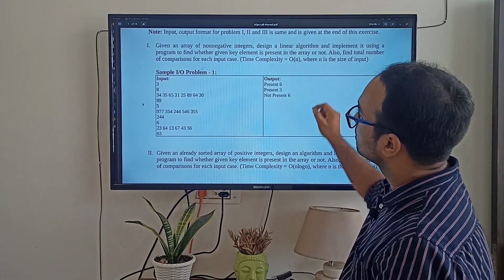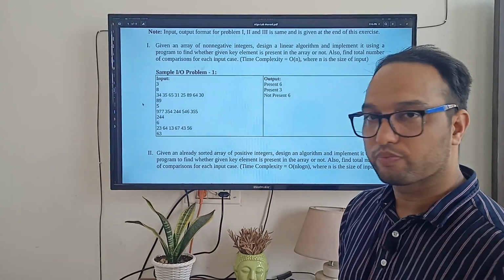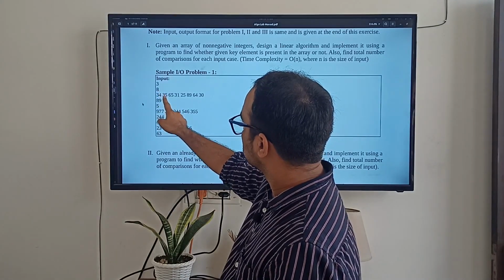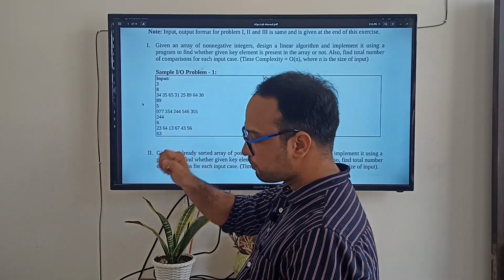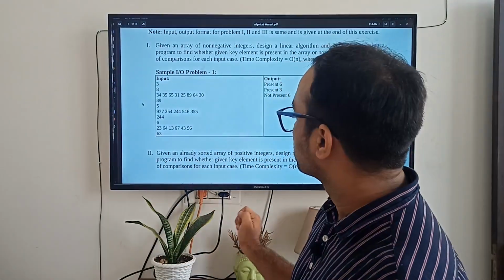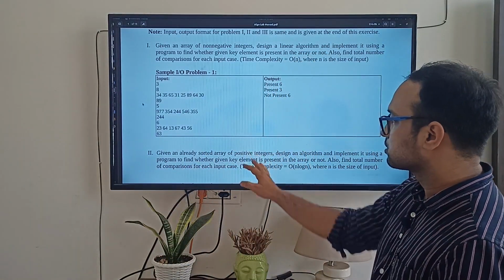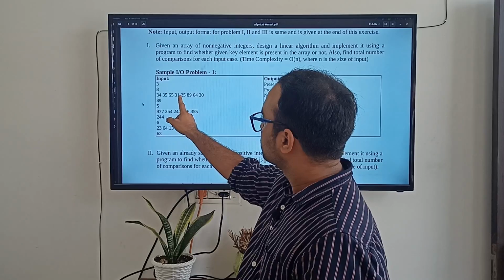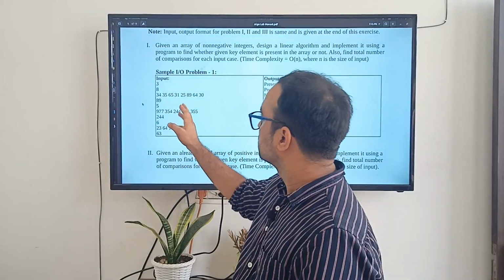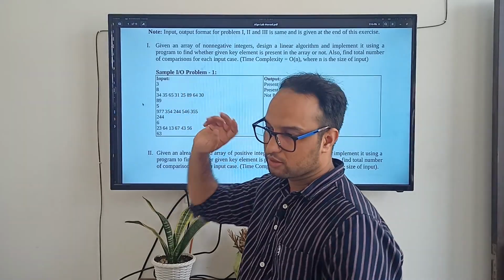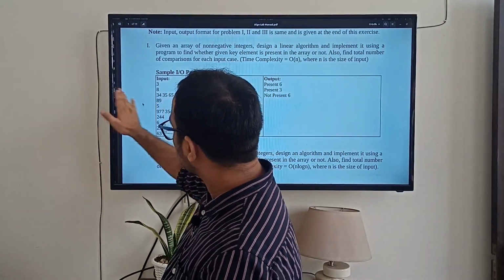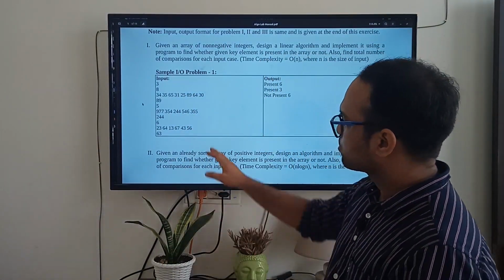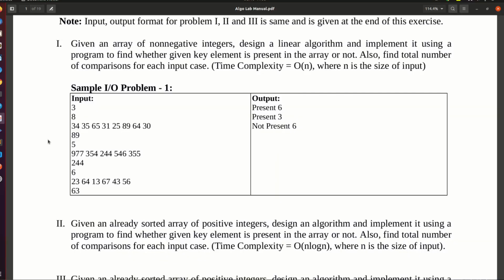This is linear search and this is binary search. So what do we do in linear search? We basically start searching from here like this, and we keep on searching till the element is found. But in case of binary search, if we have 10 elements, we basically start in the middle. If the element we are going to search is smaller than this number, we will look on the left side. If the element is greater, we will look on the right side, right? So basically it's not going to work for this, but let's scroll